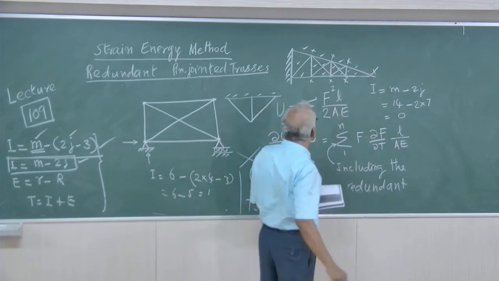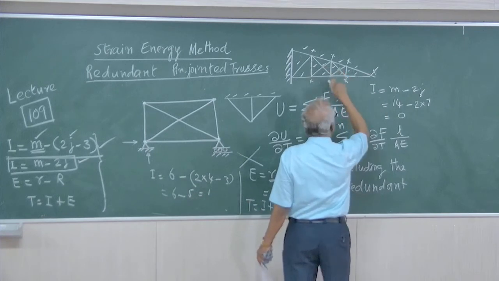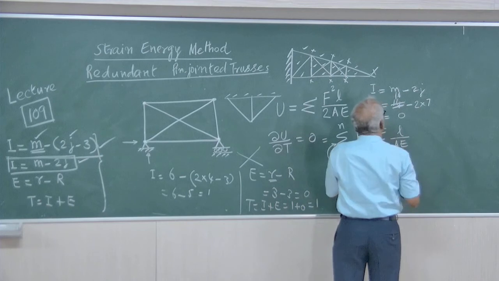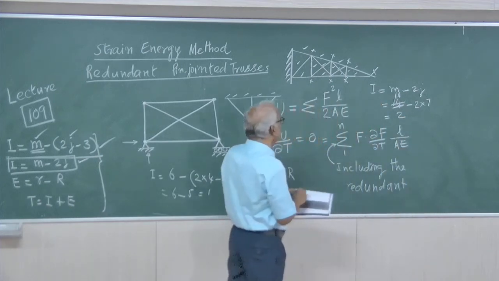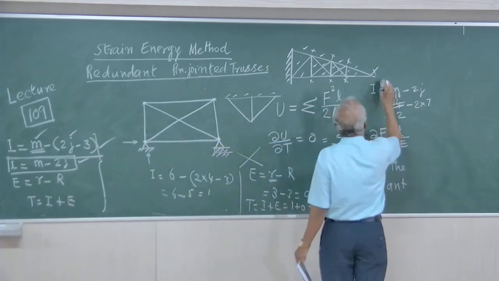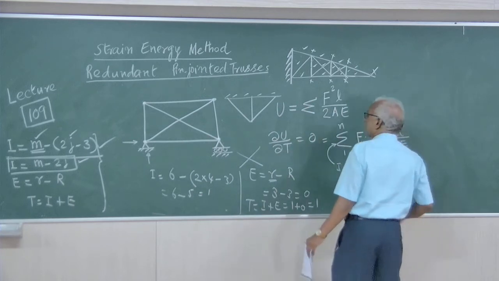Therefore, when the truss is made up of simple triangles like this, the truss will be determinate. On just seeing the truss, we can find out. Now here there are 2 extra members. Therefore m will become 16, and this will become 2 because of the 2 extra diagonal members. So like that we have to find out the degree of indeterminacy. Here we need not bother about the external redundancy.